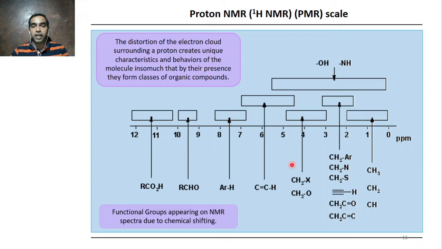aromatic protons come at 7 to 8, and double bond protons will come at 5.5 usually, and the ones attached to halide or oxygen, X and all, come at around 4, and the benzyl protons and those attached to nitrogen or sulfur come at 2 to 3, and again alkyne protons also come in the same region, and even ketone protons, the ones attached to allyl protons, they all come in this region. OH and NH vary; usually phenolic comes somewhere at 8, 9, and that's all. These are some of the important proton NMR values which you should remember.